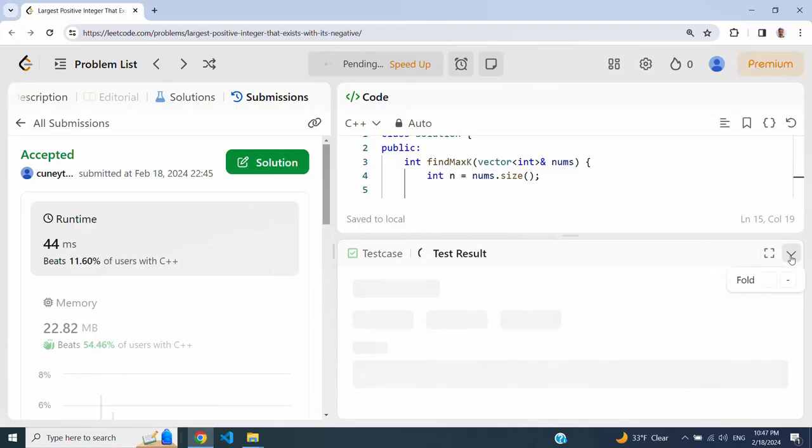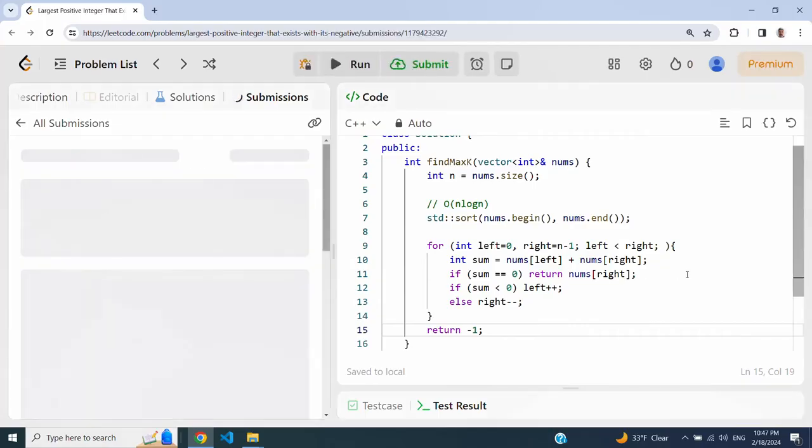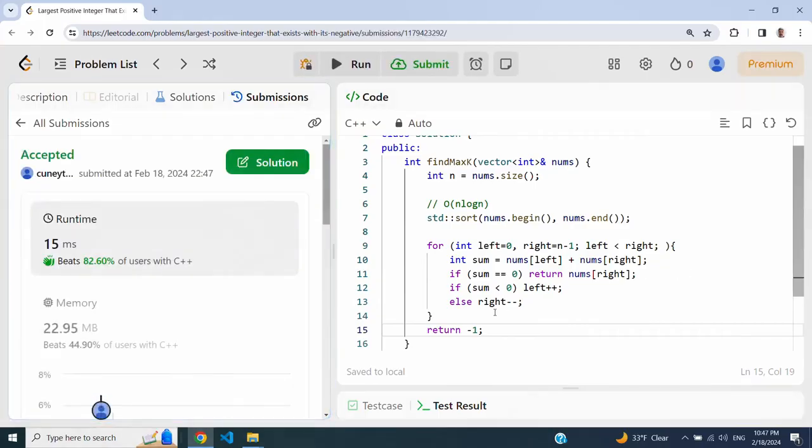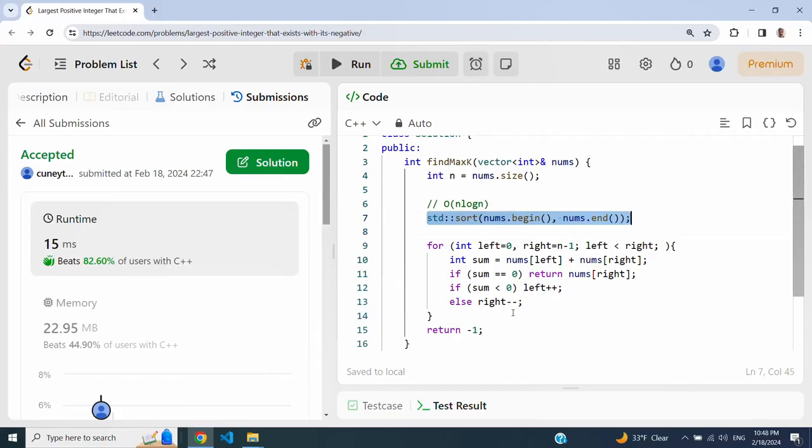So let's run this thing. It's a two-pointer approach problem, as you can see. We're just moving these pointers, either moving left or moving right. At each iteration, we are reducing the size of the array to be processed by 1. As you can see, this is quite a fast algorithm. But this is still an n log n algorithm because we are doing sorting. So this is again a sort-based type of algorithm.